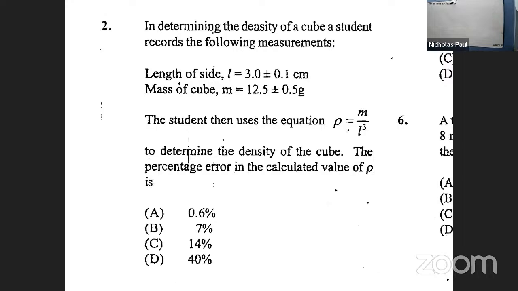Right? But it's fractional error you need, right? Oh, I have it right there. All right, so